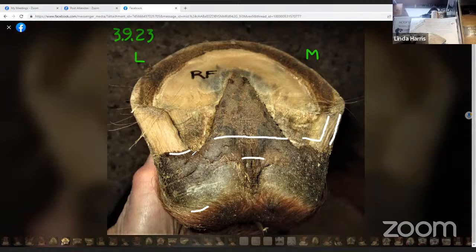What I found when I was trimming the heels out, at first I was just taking them back to the base of the frog. And if your frog is thick, you will take down less heel. And this periopal can be hooked on the heel all the way up to here. And so you have to learn how to read heels. Oh, I don't want to get into that, but